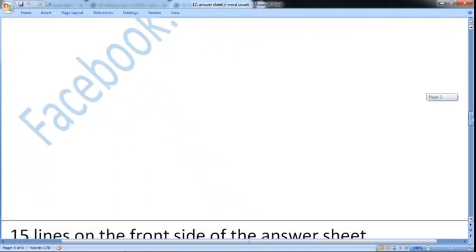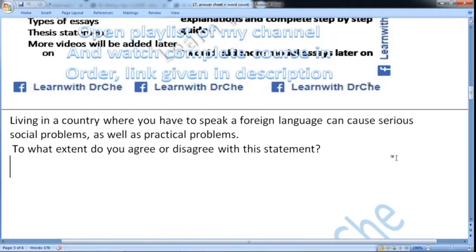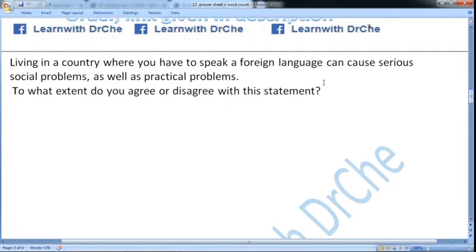You can use this blank page to plan your ideas, to brainstorm, to plan your essay. You can use it because you are just writing below the question, so you can easily see the question and then plan here. You can also write some synonyms of the keywords. You can draw a line here and write synonyms. For example, problems, draw a line, issues, something like that you can do.